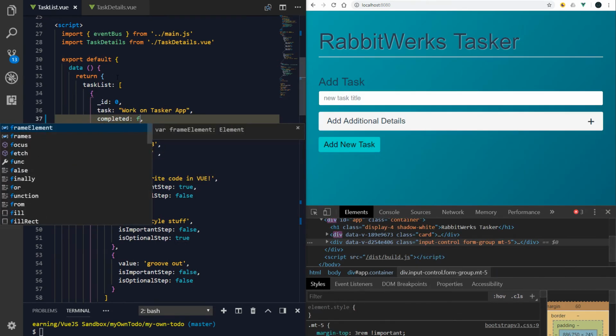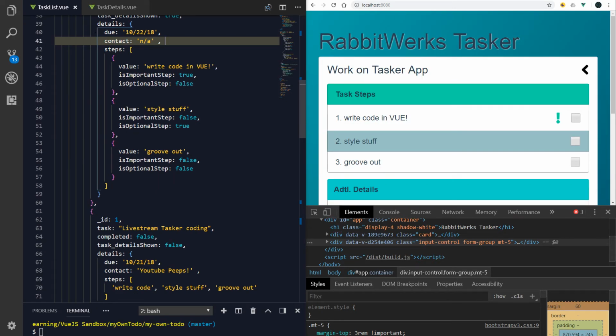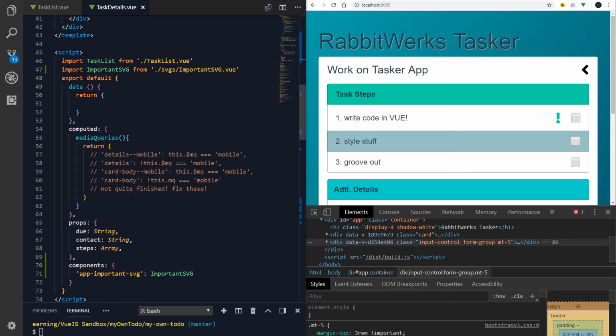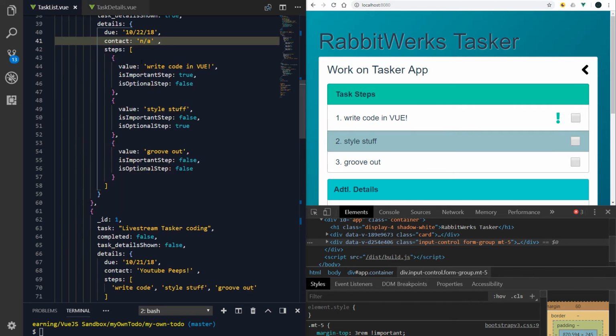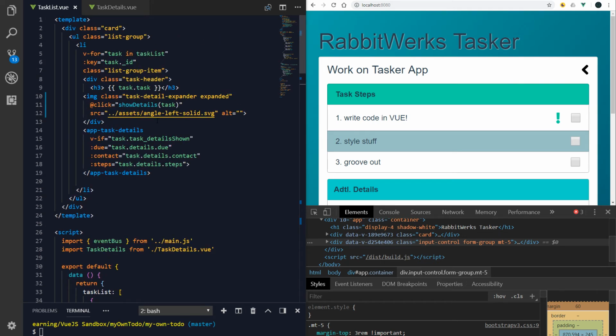Oops, false. So how are we gonna get this checkbox to this adjustment? So